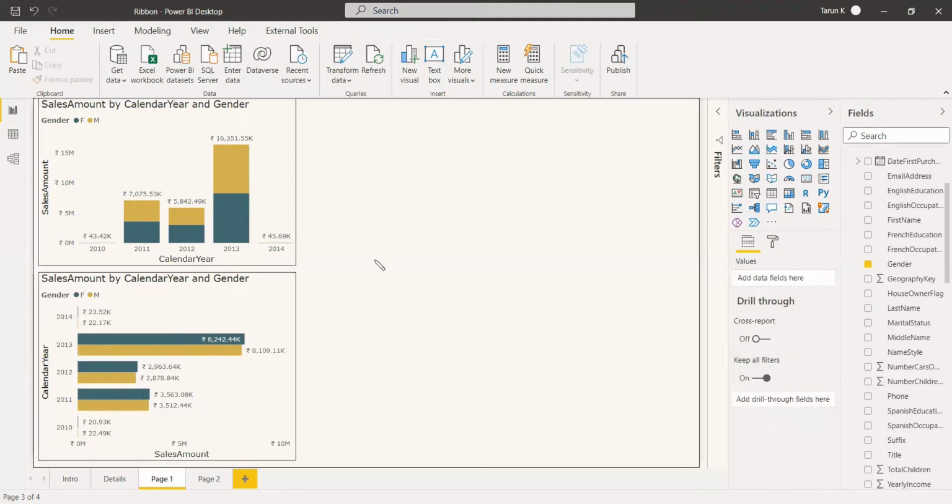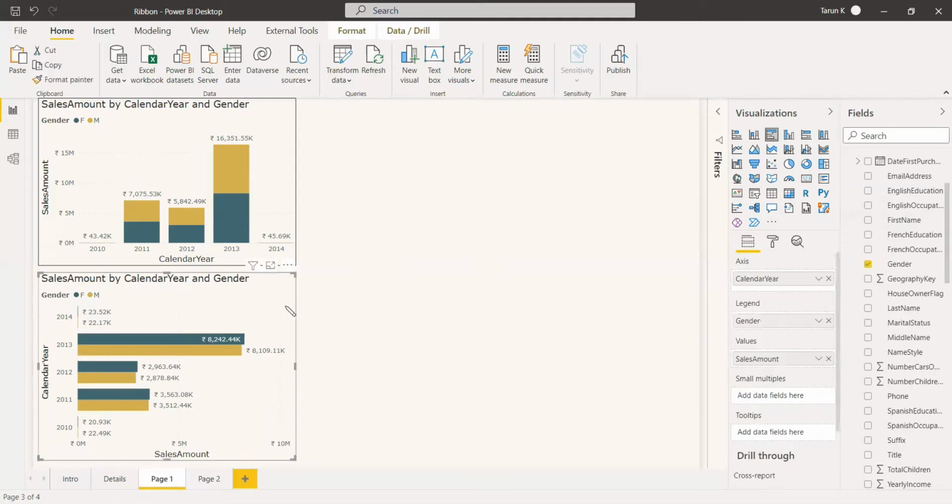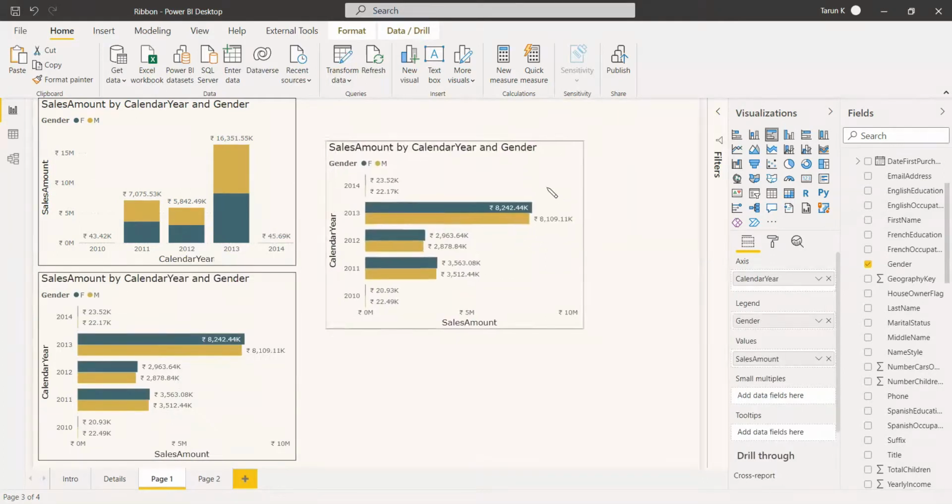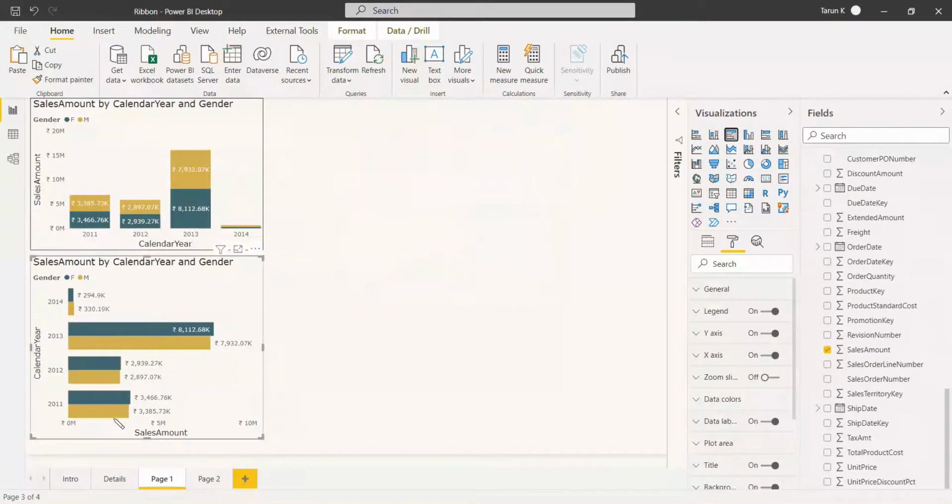So for a better view, we can try the same thing in a ribbon chart. We can copy and paste it also, and we can use the ribbon chart for that. It is more clear in this chart. Okay, here you can see properly. Here we can see the male is greater than female, but still it is shown in an ordered way. For a ribbon chart, whatever is greater will come above. So now we can use the same thing for the ribbon chart.